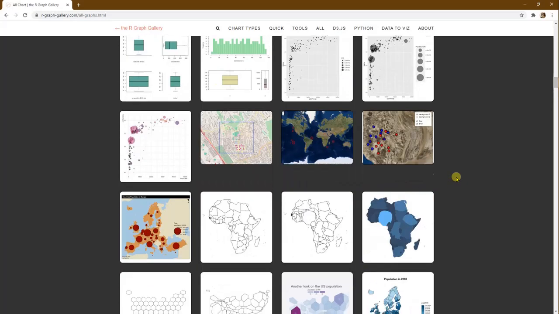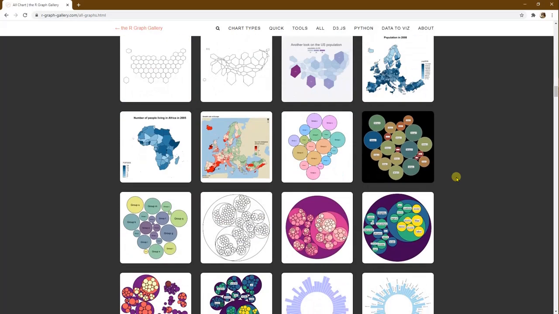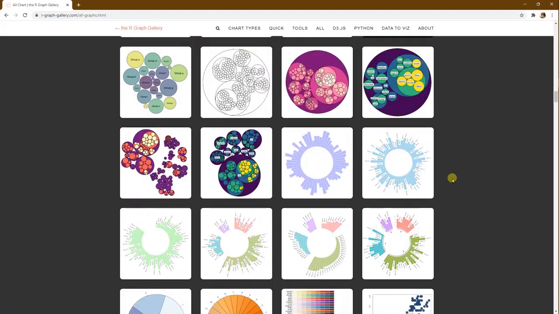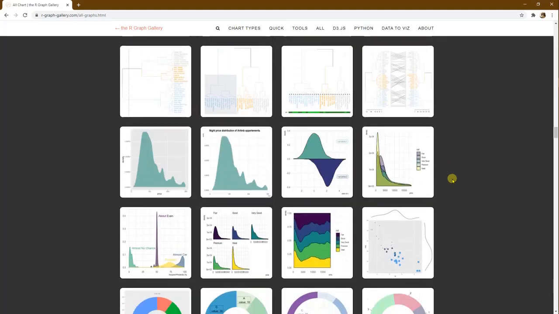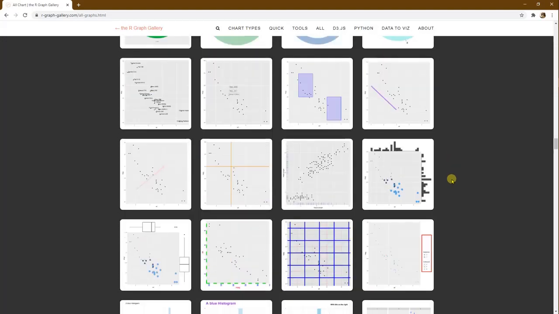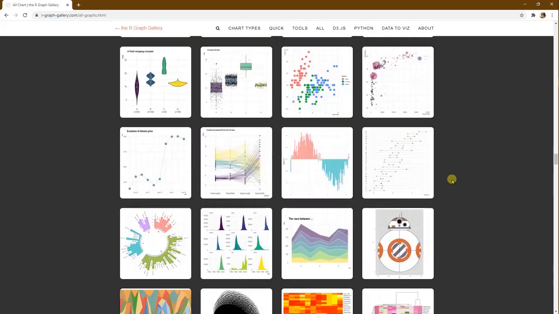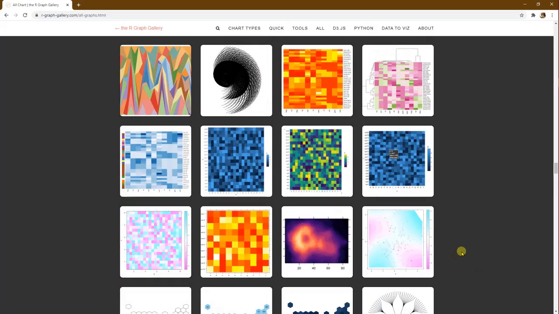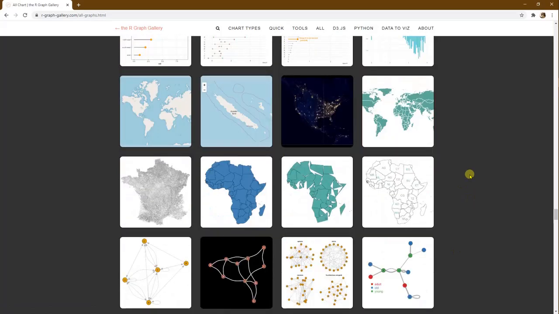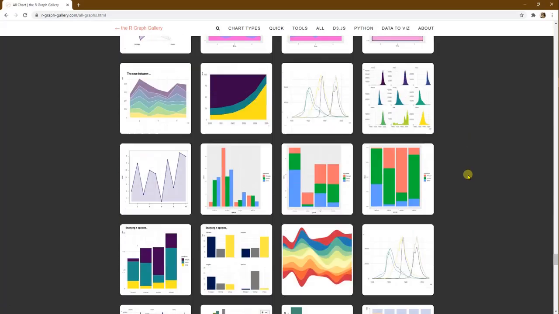All these charts can be drawn using R or using ggplot2. So ggplot2 is going to be our next topic. After learning ggplot2, you can come to this gallery and choose any one of these. There are going to be examples. You have to just see how the examples are done, and accordingly you can also create art forms like this, R snail. There is also random shapes. This is generative art. These are heat maps. Different types of heat maps you have got here. Contour plots. Almost endless types, you can say.